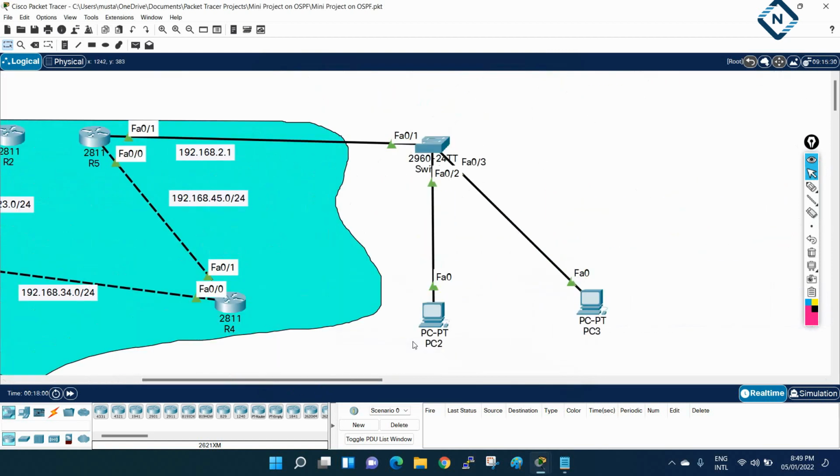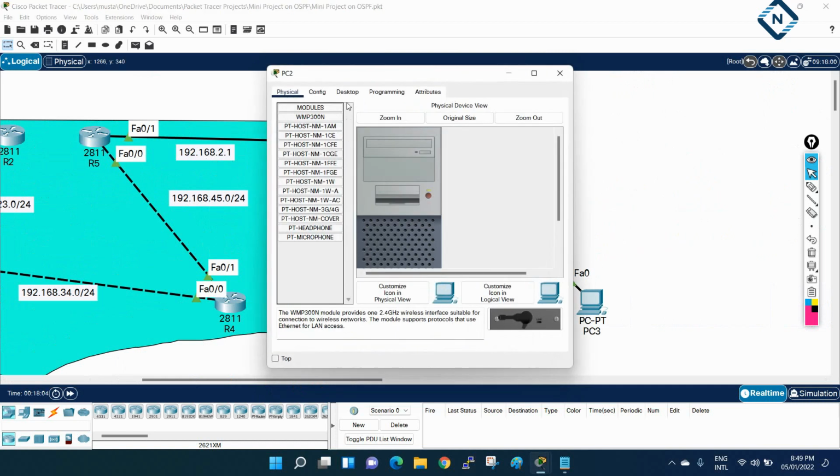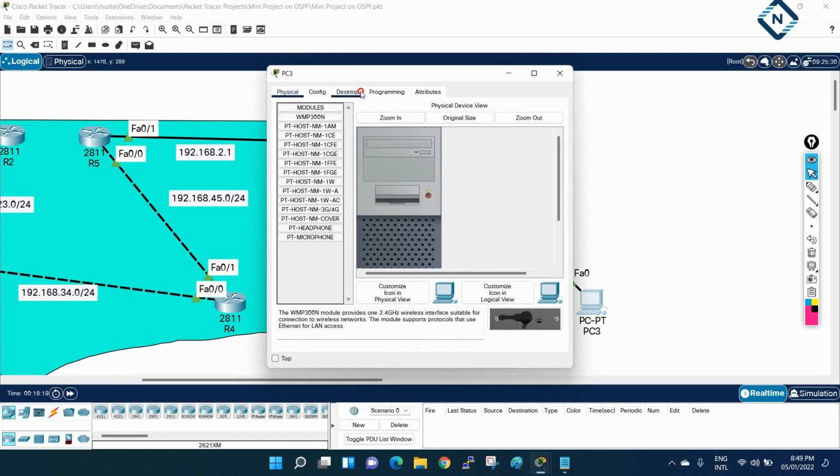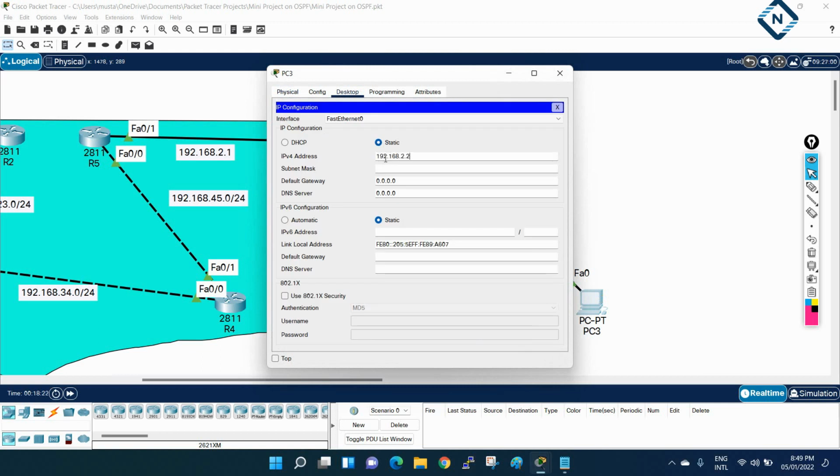Now I can do this side also. Here we are using 192.168.2.1, so this should be 2.2. I will write 192.168.2.2. This is the IP address of this machine. For the subnet mask, we are using the default subnet mask, and the gateway should be the router interface IP. Now I will do it here also. I will paste 192.168.2.3, and this is a class C, so 255.255.255.0, and here we will write the gateway, that is the router IP.